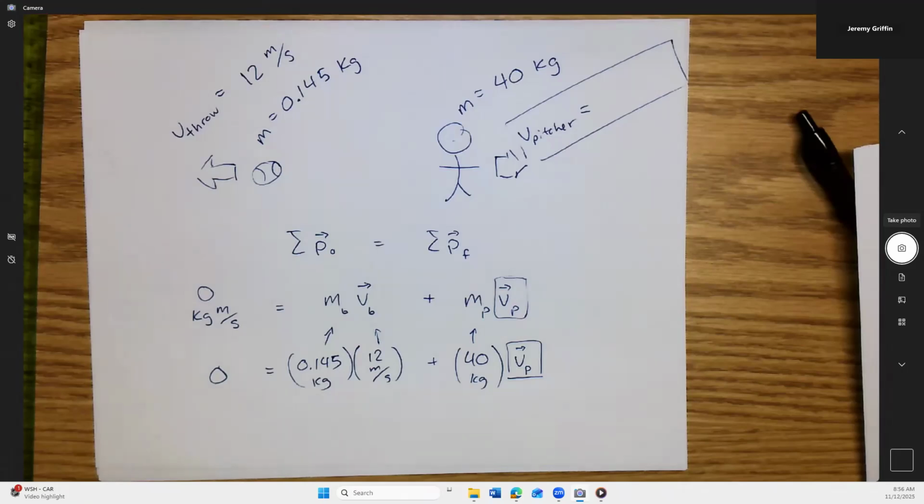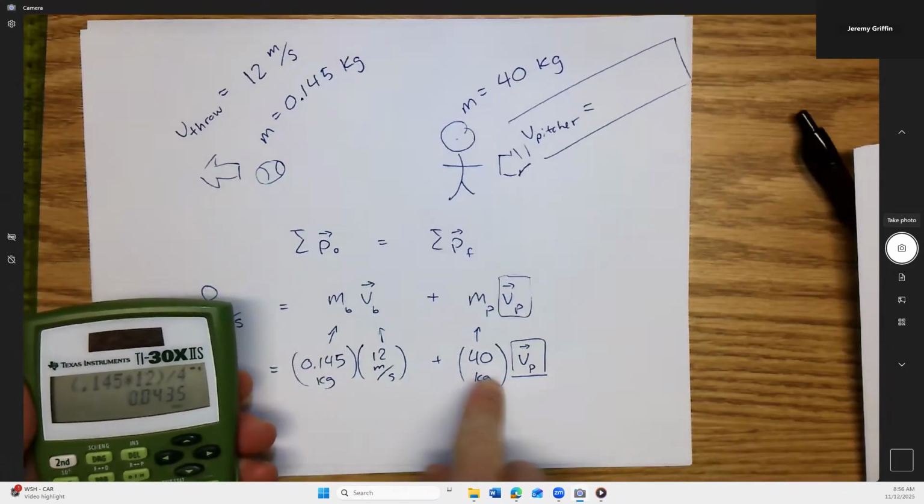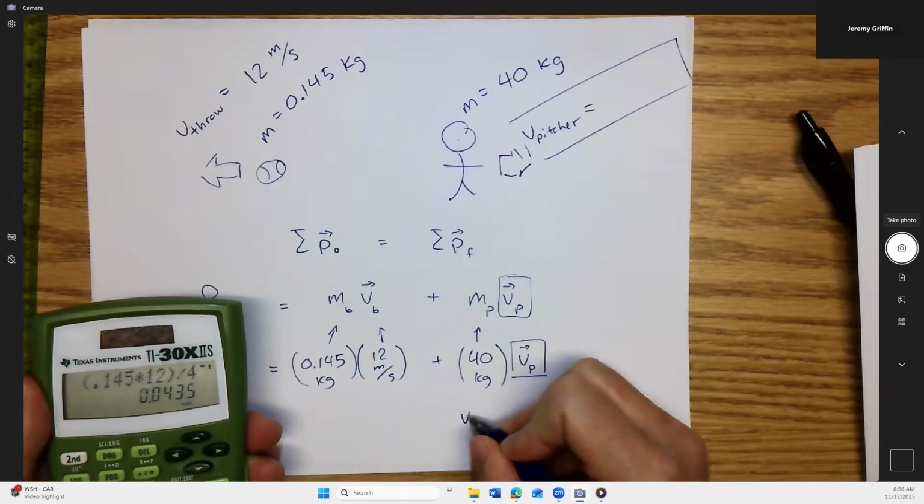Alright, so somebody tell me how fast you headed back towards second base. 0.04. You got what? 0.04. Negative 0.04. I got what Justin got. Okay. So this times this, then subtract it over, divide by this. Yeah, it would be a negative number. That's true. Yeah. So velocity pitcher